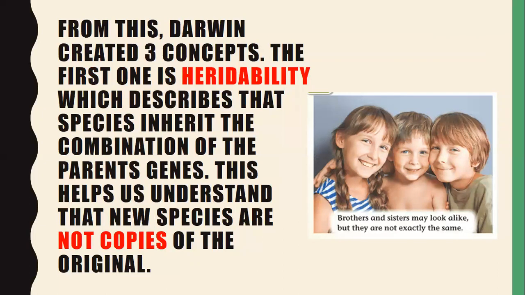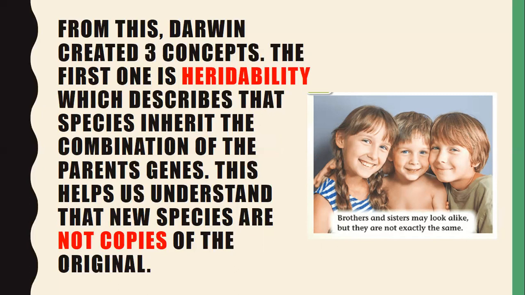This means that when you are born, if you take a look at yourself, you probably have some characteristics of your mom and some characteristics of your dad, or probably your brother has some characteristics of either your mom or your dad. But you may be similar to both of them, but you are not exactly the same. Since you are a combination of both, that means that you are not an exact copy of your mom or your dad, nor the other species. There are some exceptions, for example, bacteria and microorganisms, which can be the exact same copy, but in our case, we are not.